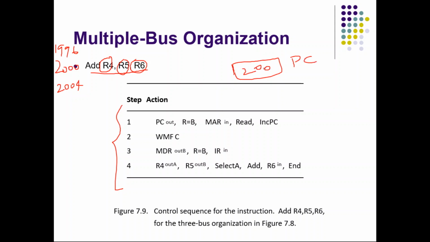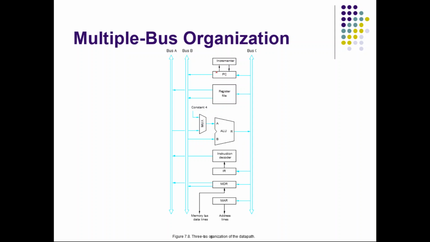First we say PC out. Here there is one interesting thing. The content of PC should go to MAR, and only then can you fetch the instruction. But PC is connected to bus B. From PC you can transfer to bus B, not to bus C. From bus C something can go to PC, but from PC you cannot send to bus C. But MAR can take input only from bus C. So how are we going to transfer this address to MAR? This is quite interesting.